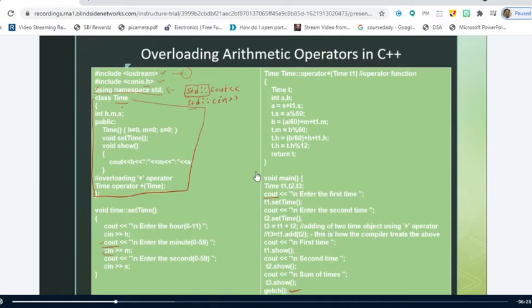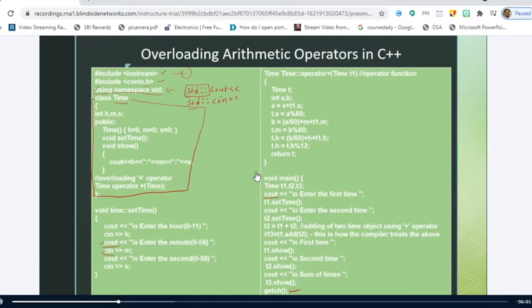The private members cannot be accessed from outside the class. Inside the class you can make use of them, but outside the class you cannot access those private variables. We'll explain this private variables concept also.